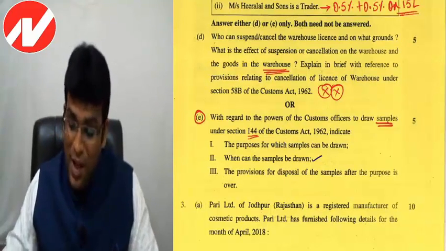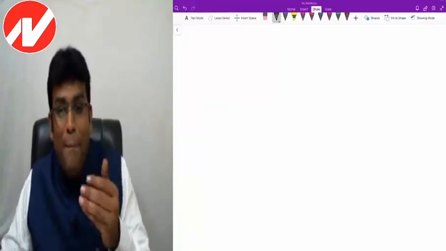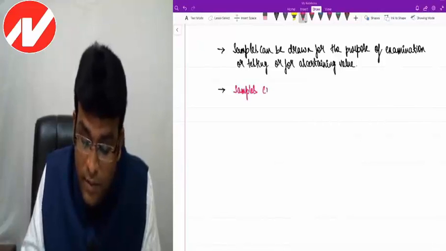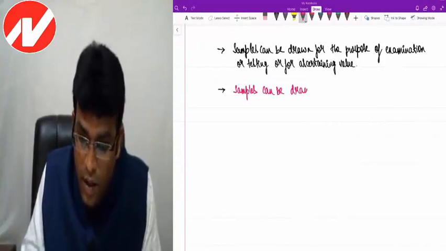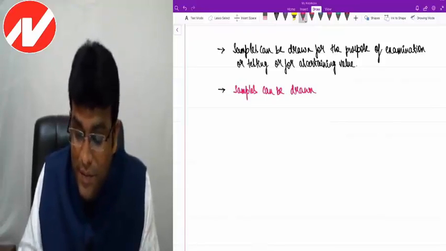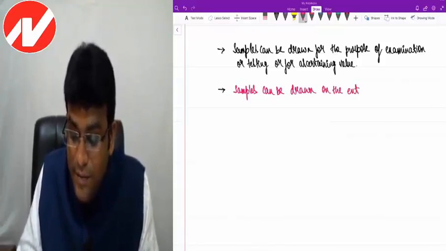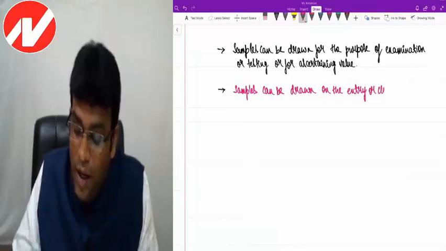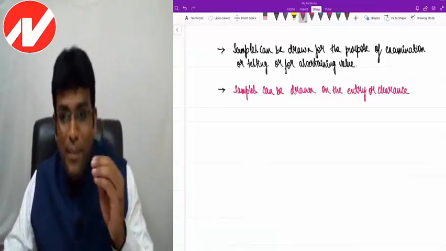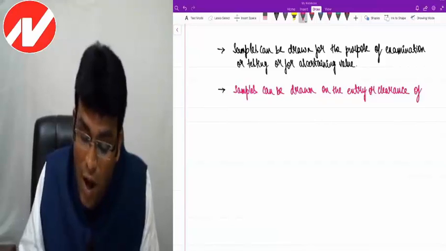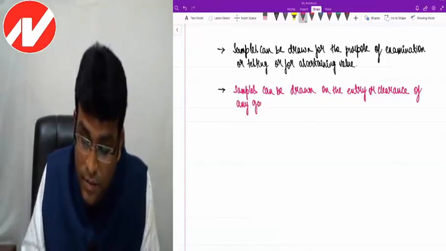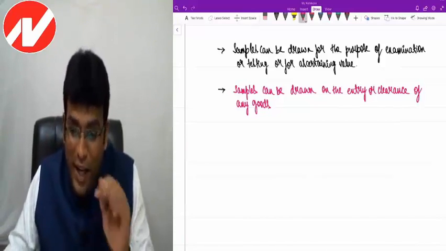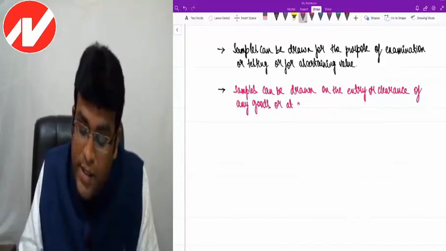So to answer that point, samples can be drawn on the entry or clearance of any goods, or at any time while goods are being passed